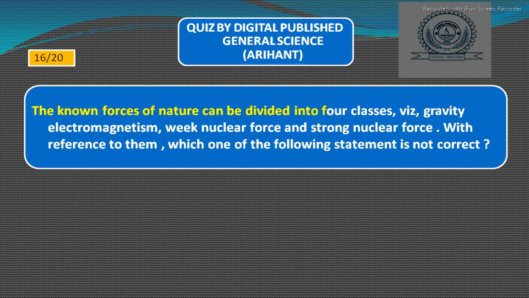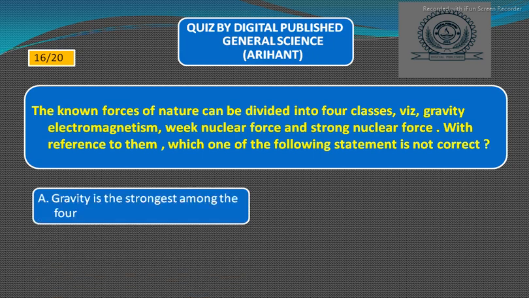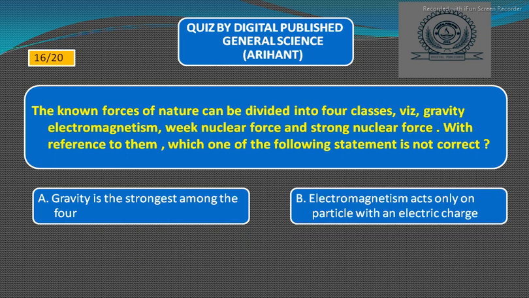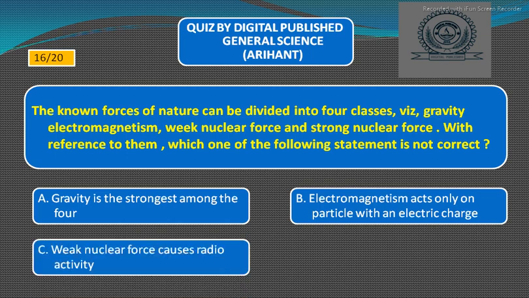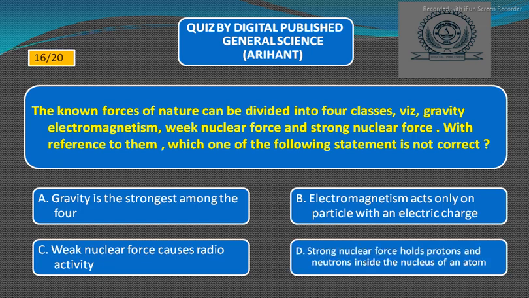The known forces of nature can be divided into four classes: gravity, electromagnetism, weak nuclear force and strong nuclear force. With reference to them, which one of the following statements is not correct? Option A, gravity is the strongest among the four, option B, electromagnetism acts only on particles with an electric charge, option C, weak nuclear force causes radioactivity, option D, strong nuclear force holds protons and neutrons inside the nucleus of an atom. So the right answer will be option A, gravity is the strongest among the four. Next,